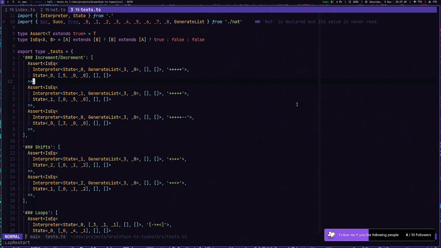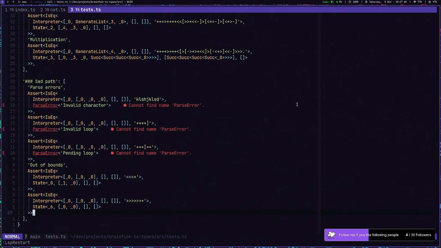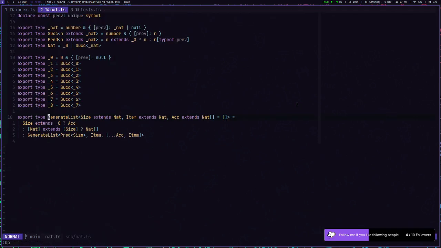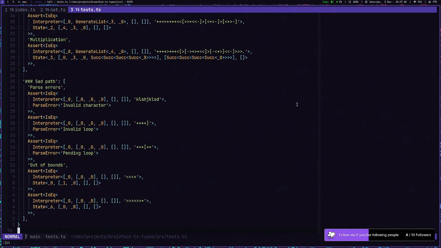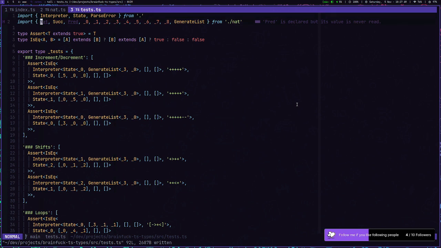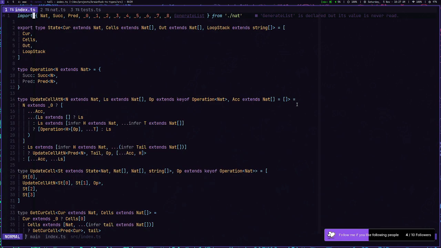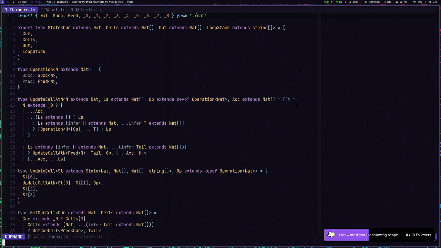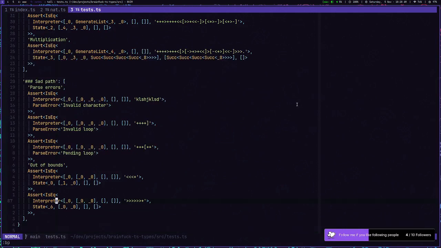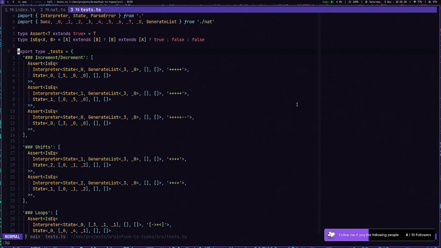Oof, my hands are getting chilly. Okay, parse error as well. Where is parse error? Yeah. Okay, that's it. Oh, finally, it works. It works. Export. We don't need general list here. Perfect. Done. This is finally done. Refactor: pull test case into its own thing. All right. I'm a little cold right now, pretty chilly, but